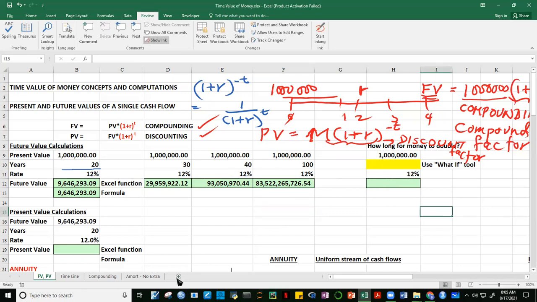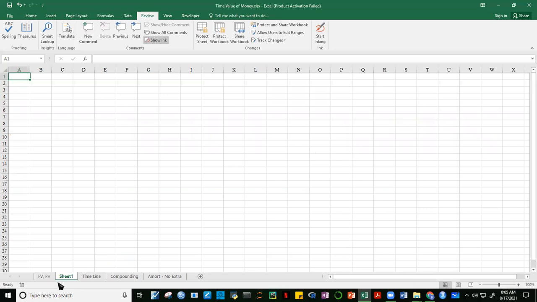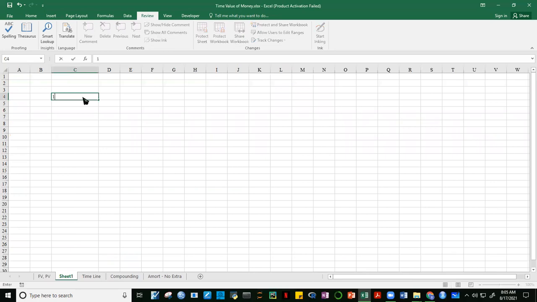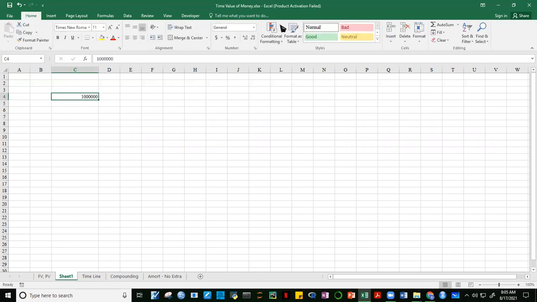Okay, so maybe let's do this, no? I'm going to insert a sheet. So let's do this. Let's create a 1, 2, 3. Okay. So this is our amount, 1 million. $1 million. No? Tapos ang rate natin is 12%. Okay, then let's compute for the